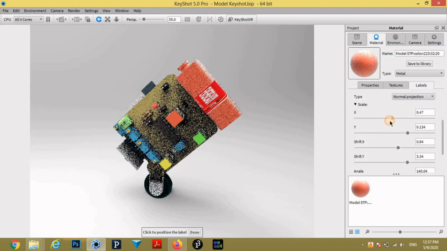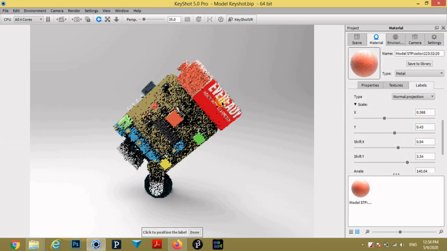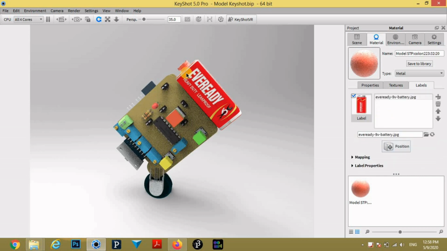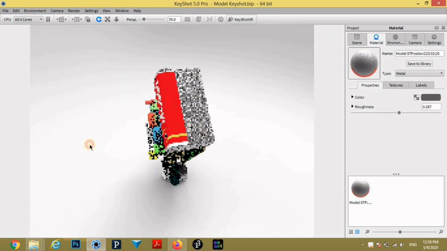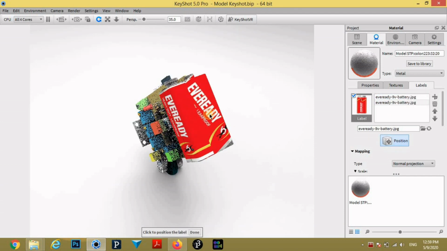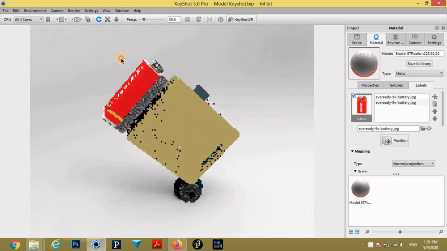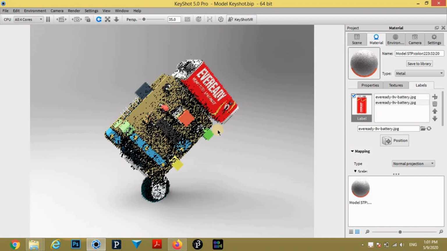Adjust the parameter in label tab to fix image on battery. Now first image is adjusted. Now we want to wrap image on this side. Now image is wrapped. Device will look like this.